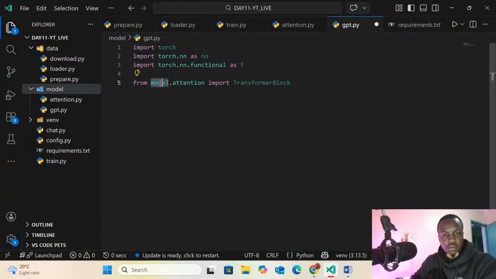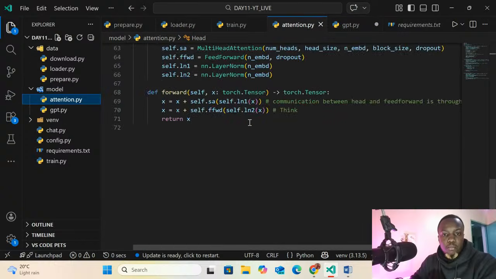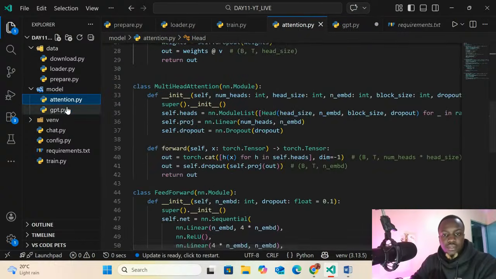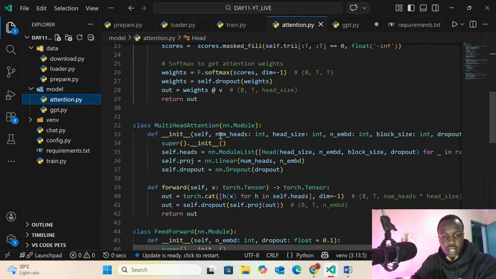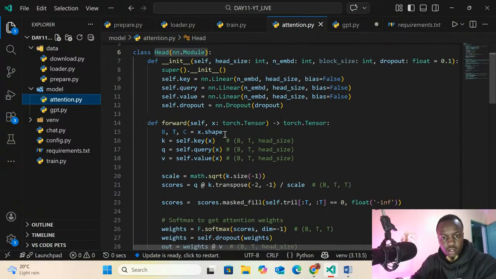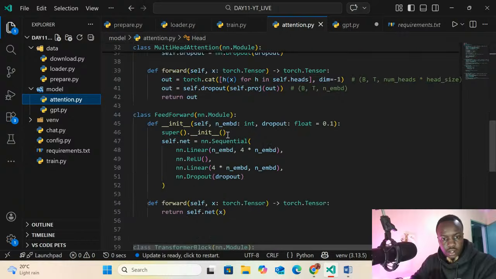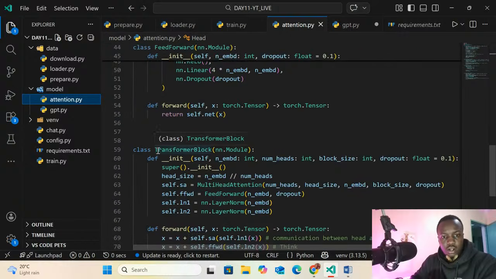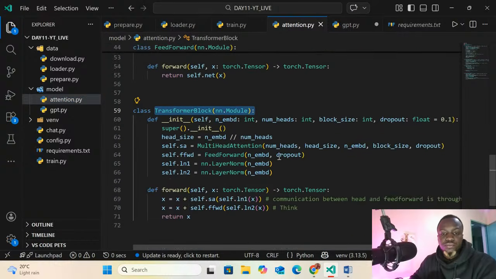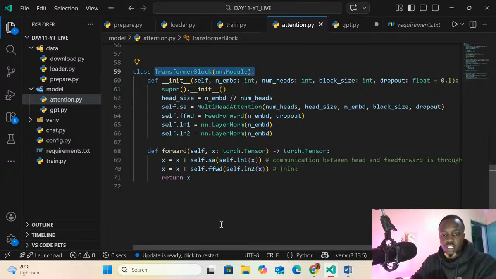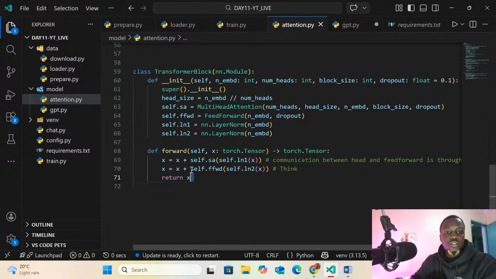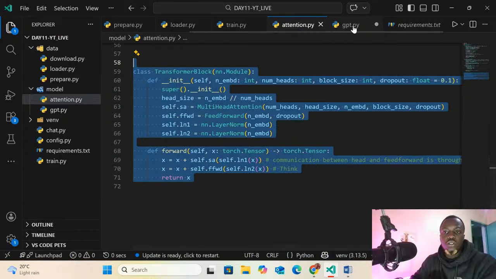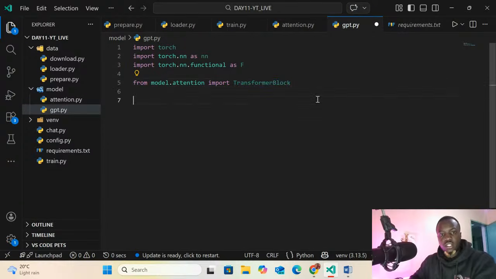That's what we are calling: from model.attention import this class called TransformerBlock. It should be in here. Transformer block, yeah, there you go. We are going to import this basically right here because we need to use it.